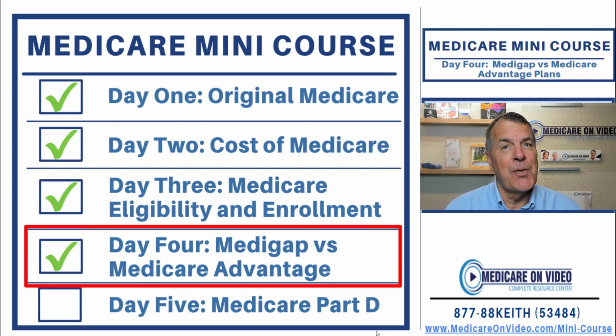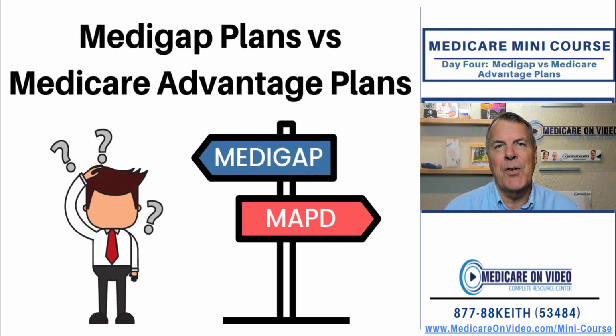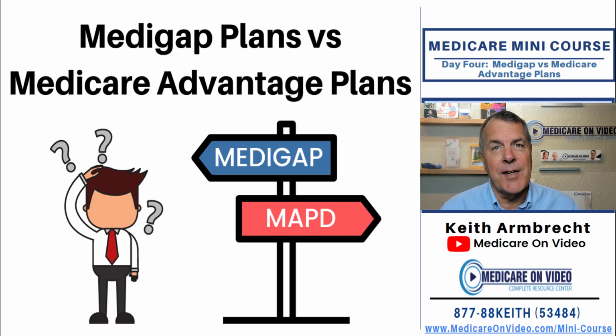Hopefully you've gone through 1 through 3, but now we're going to talk about Medicare supplement plans versus Medicare Advantage plans. And the first thing to understand, Medigap, Medicare supplement, exactly the same thing, 2 different terms for the exact same thing. So a Medicare supplement plan is a Medigap plan. And we're going to talk about the differences because it's a big choice when you come into Medicare, which street you go down. So that's your number one choice when you first come into Medicare, is whether you will choose to stay on original Medicare or whether you will have a Medicare Advantage plan. I'm going to tell you the difference right now between the two.